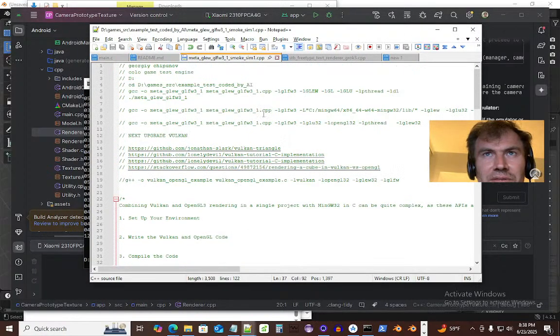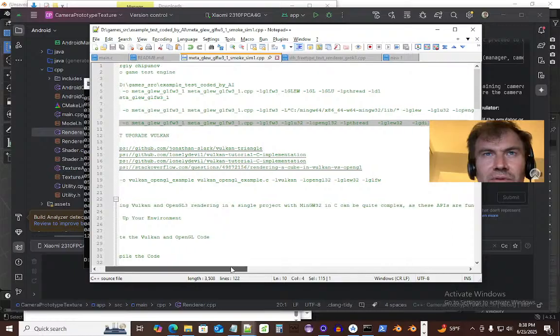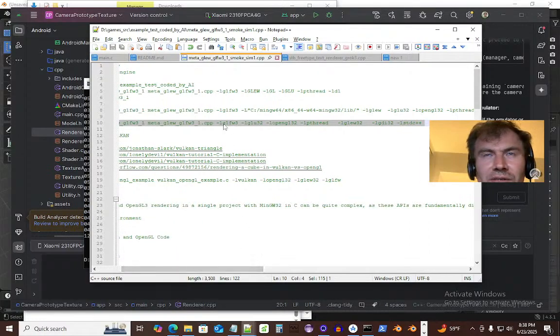Notepad++, and I could show maybe a later video on how to get all this to work. Glue is GCC, O for output, input the C++ file, include library glfw, include